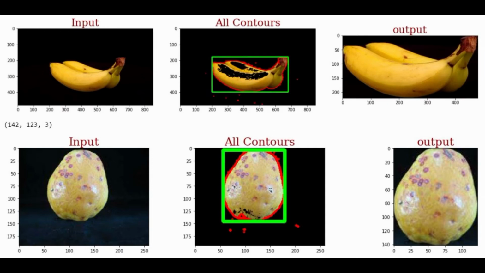Today we are going to discuss contour detection techniques with CV2. As you can see on the screen, we will find all contours in the image and, based on the biggest contour, try to extract the object out from the image with the help of CV2.